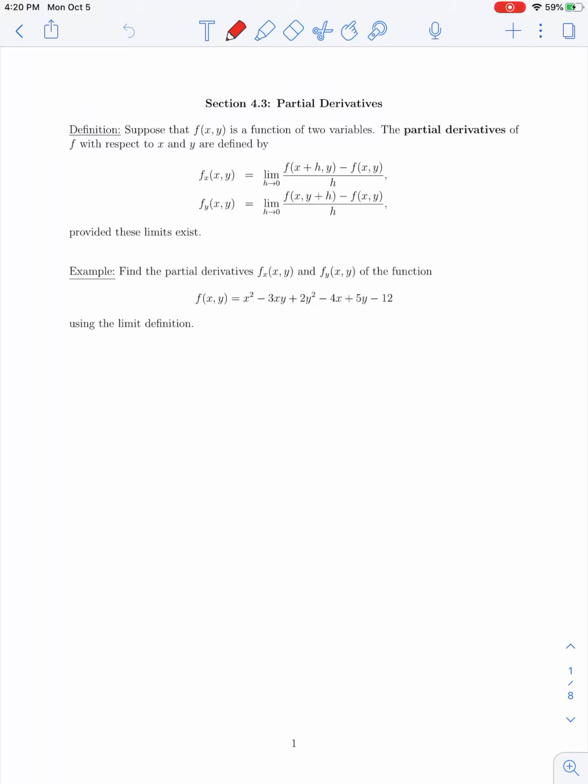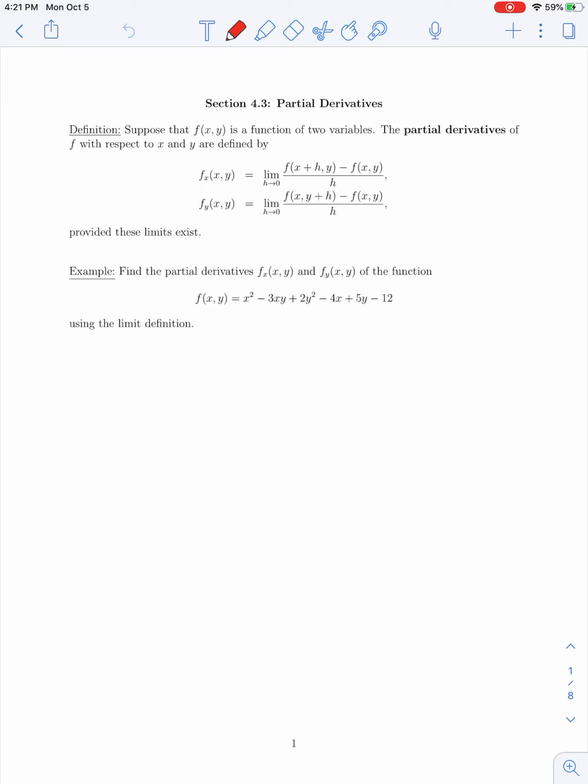Okay, in this lecture we're going to cover the first part of our section 4.3 material on partial derivatives. So in chapter 4 we've been looking at functions of multiple variables, and a lot of the problems that we've been considering, we're working with functions of two variables, say x and y. And in this section we're going to talk about how to differentiate these multivariable functions and define something called a